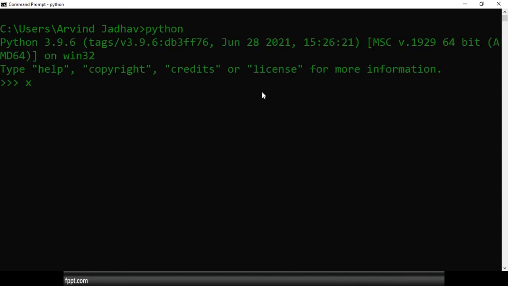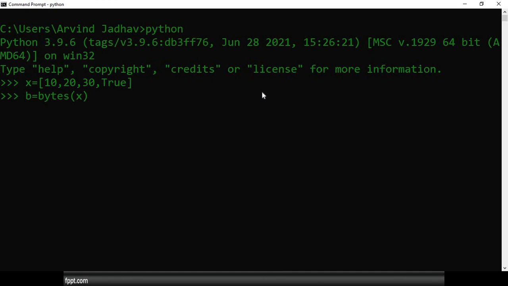So here I am trying to use x is equal to, first of all we'll check one by one. Here I'm trying to use 10, 20, 30, and after that I will use a Boolean data type, true or false. Once we have stored it, now we need to convert it into byte array or bytes, whatever it may be. Just make a note that bytes are immutable and byte array is mutable. Now I'm trying to convert this list into bytes. Will it work or will it generate an error? What do you think?